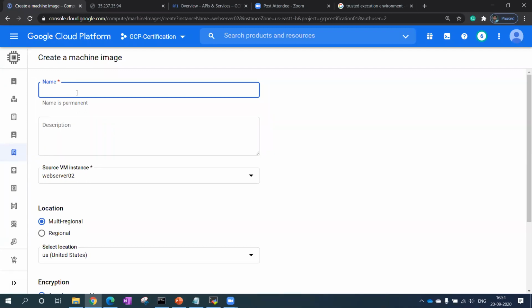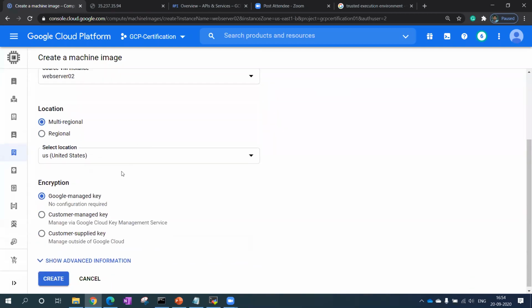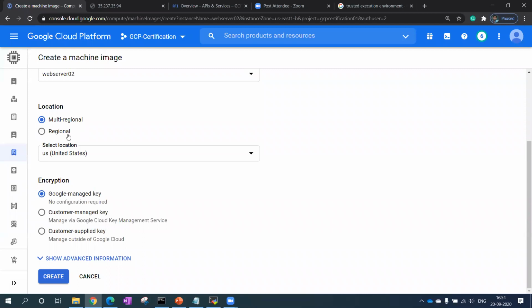For example, I can give the name web server 0102 clone. The source is web 02. Then it asks, do you want multi-regional or regional? I want multi-regional, so I can move this VM to any location. Simple, and I just have to create it.